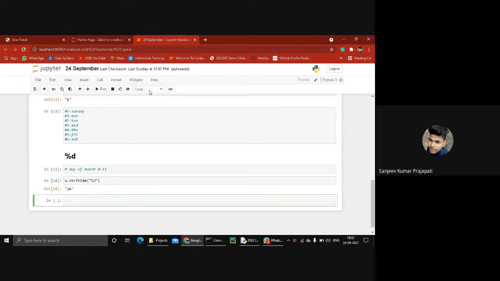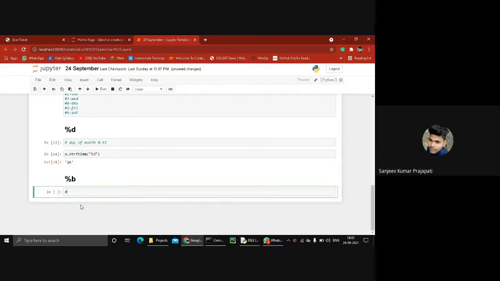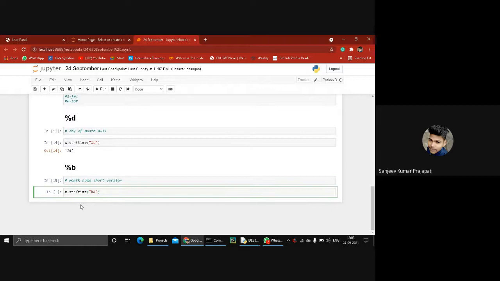Okay, guys. So next operation is percentage b. It is used to return the month name short version. Tell me what is the outcome coming from this statement when you press enter. Any idea? Yes, guys.